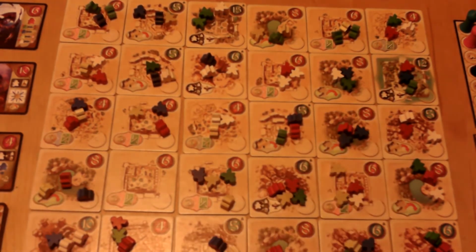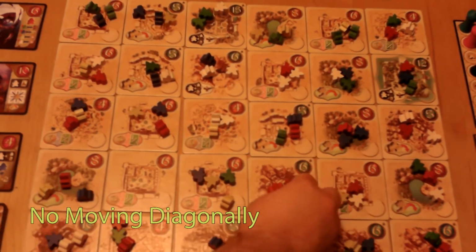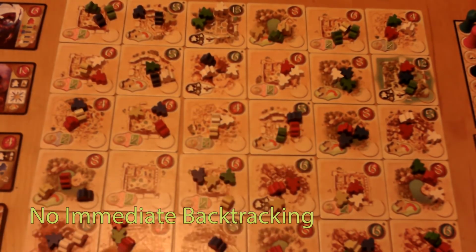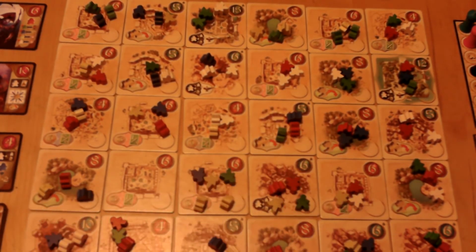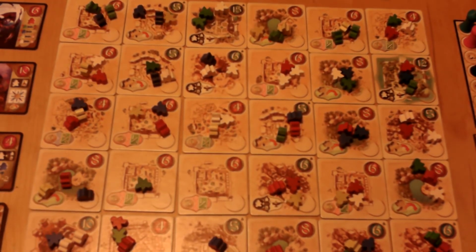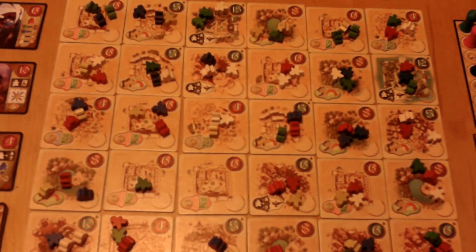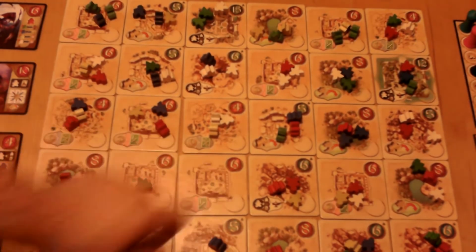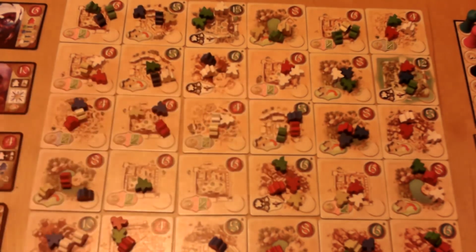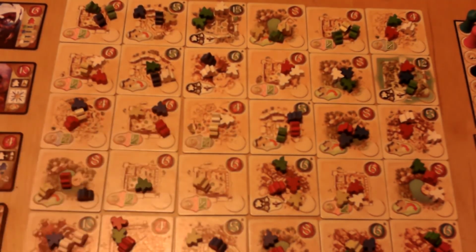Now, there's a couple important rules when it comes to moving the meeples. First off, you are not allowed to move your meeples diagonally by any means. You're also not allowed to immediately backtrack. Now, there's an exception to that. You are allowed to backtrack on a tile that you've already placed if you have enough meeples that you can create a full loop. For example, I started on this tile, which has 5 meeples on it, so if I wanted to, I could simply drop them along this path, which has enough meeples to go around in a complete